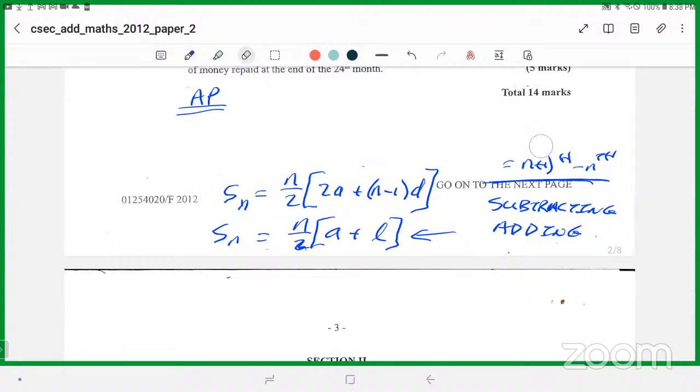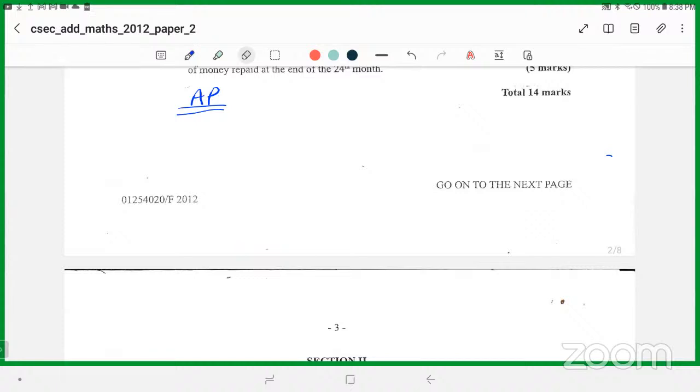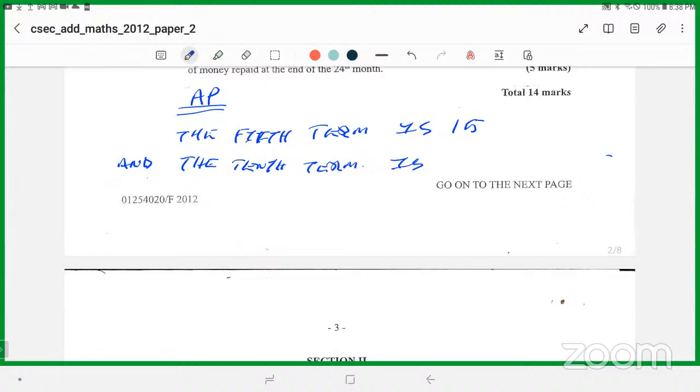If I get an AP question, and it says something like, the 5th term is 15, and the 10th term is, say, 35, for example. Then this means simply